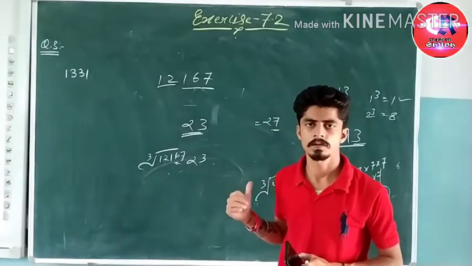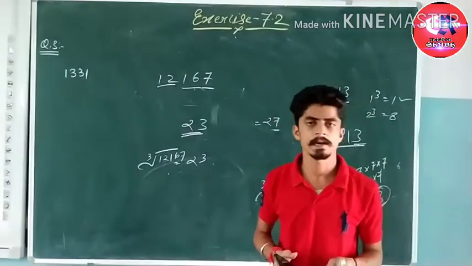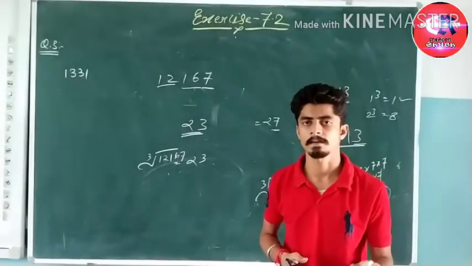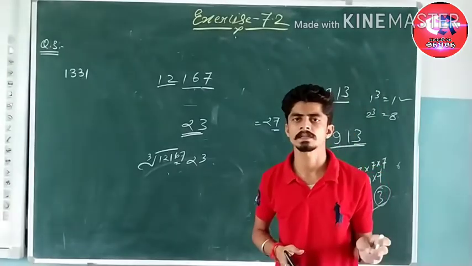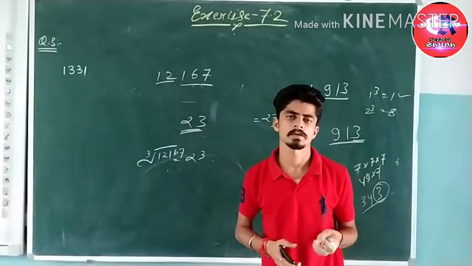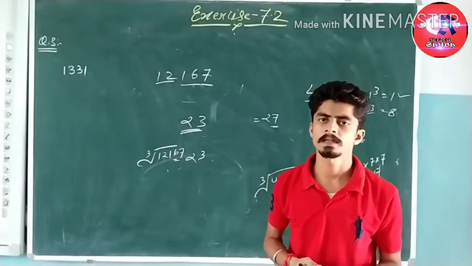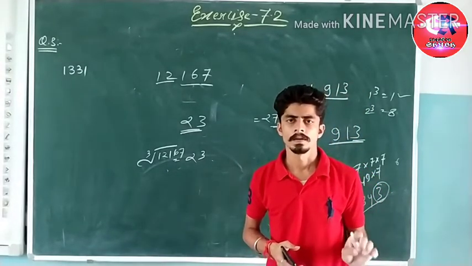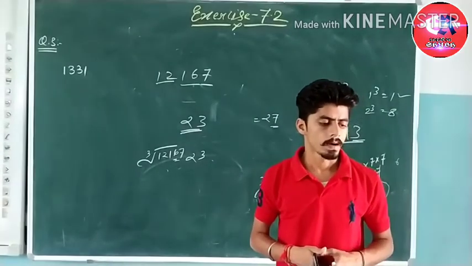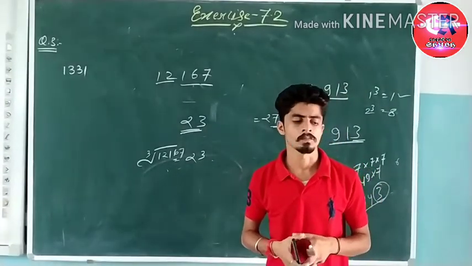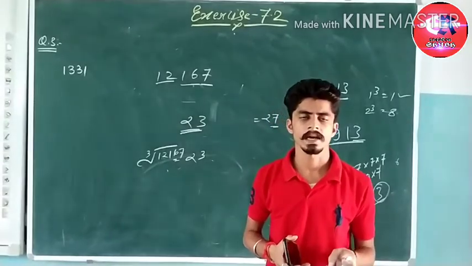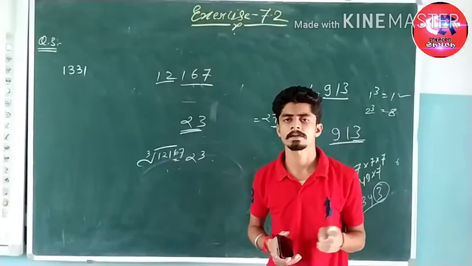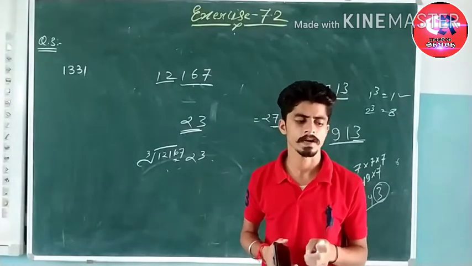Now that's all the solution for question number 3. Here we have finished exercise 7.2 as well as chapter 7. Now you have to do the practice. Find the cube root of many numbers which are given in the question. You have to do as much practice as you can and write all of exercise 7.1 and 7.2 in your fair notebook.